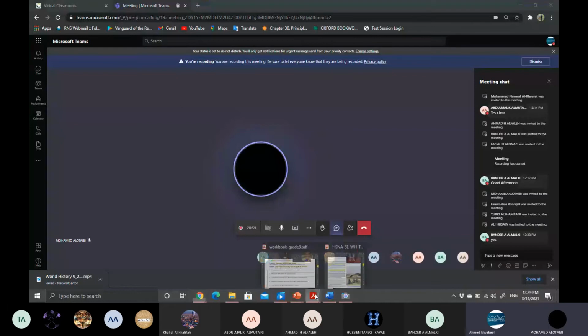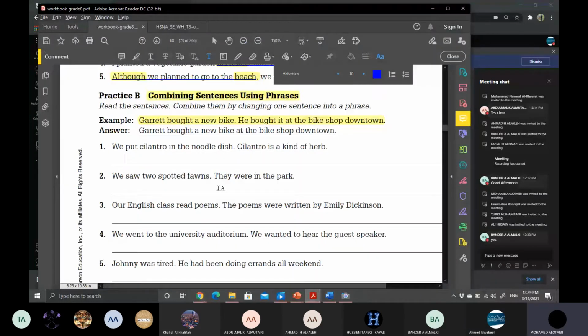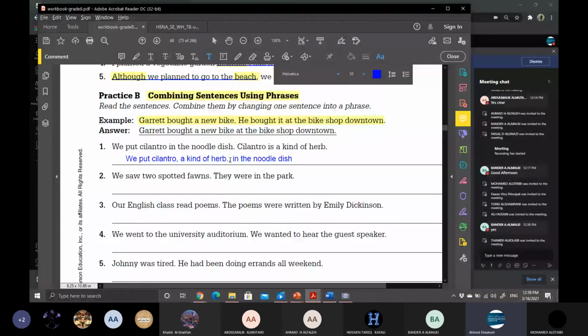After we put cilantro, then you write cilantro is a kind of herb. So we put cilantro in the noodle dish, and then we put a kind of herb. That's very excellent. So simply, we put cilantro, comma, a kind of herb, comma, in the noodle dish. Very excellent. And number two,